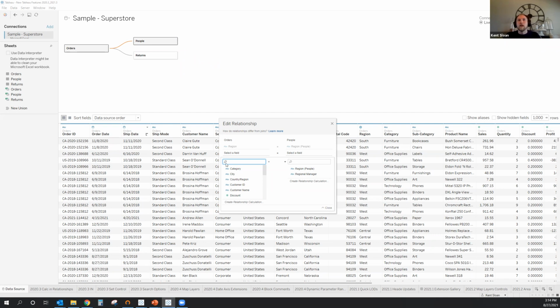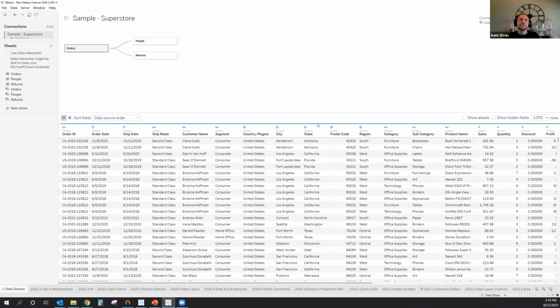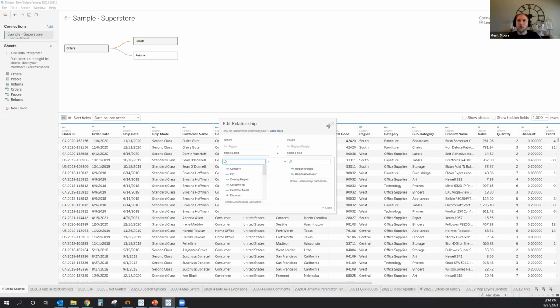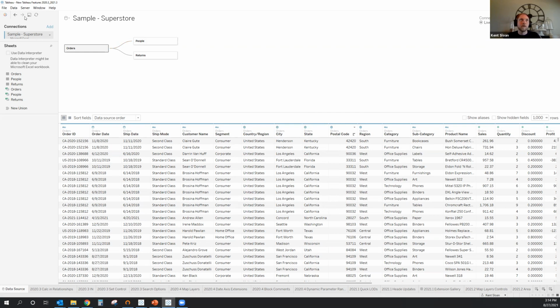This also can be used in things like how we're pulling in dates. So if I need to use, say, a join logic that references like today's date, or does something with row level security based logic, we can add those types of things in here. So same sort of calculations, just now available in our relationship window to help us link up those tables.